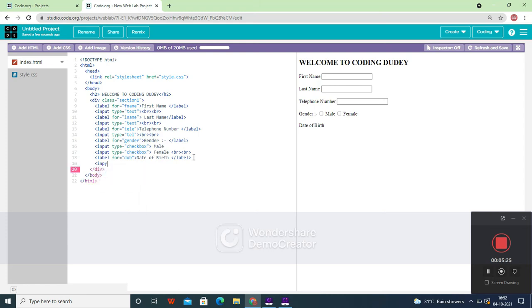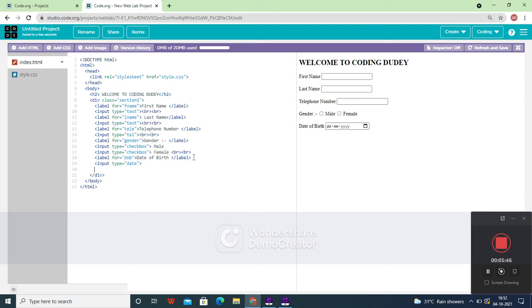Now let's give an input. Type equals, let's check which one you have to use. You have to use the birth, which means the date. You got it.